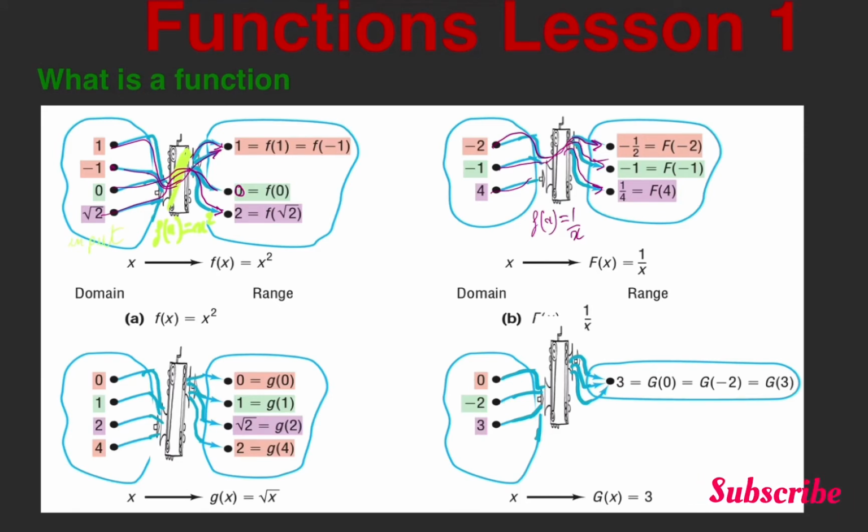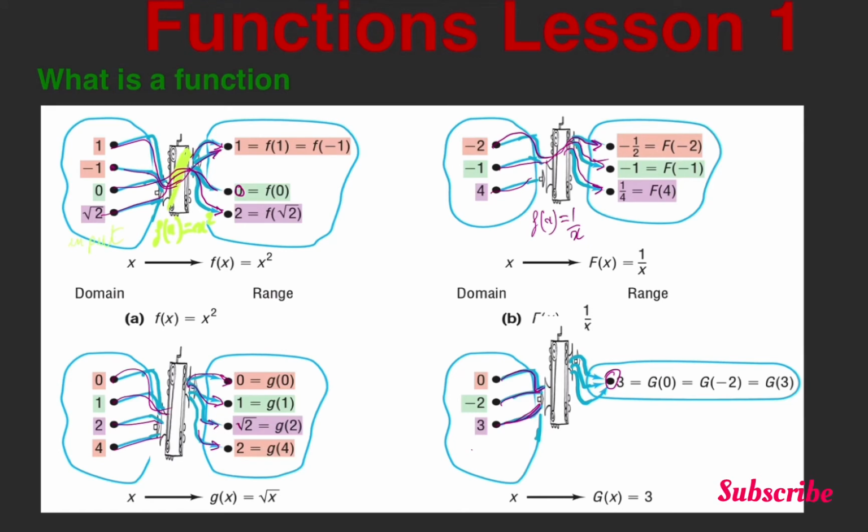Same thing here with square root of x. We give it 0, it gives us 0, because the square root of 0 is just 0. Give it 1, it gives us square root of 1, just 1. Give it 2, it gives us square root of 2. Give it 4, it gives us square root of 4, which is just 2. Same thing here, and this here is still a function, even if all the